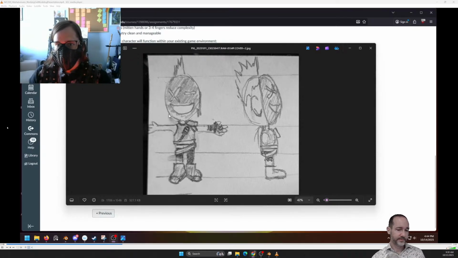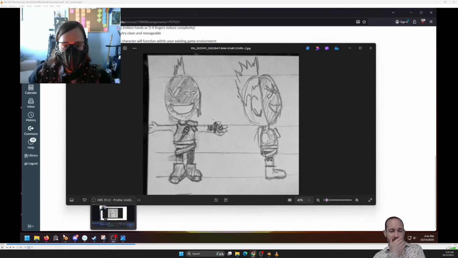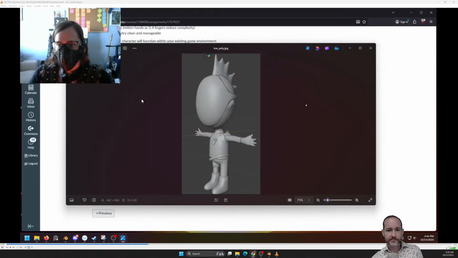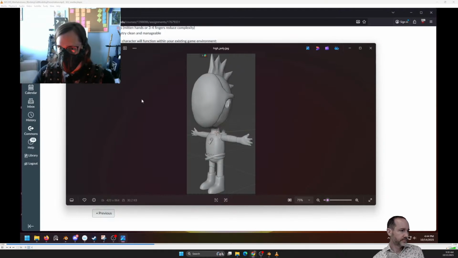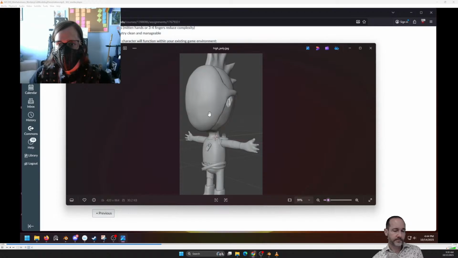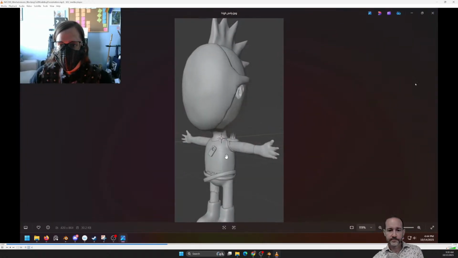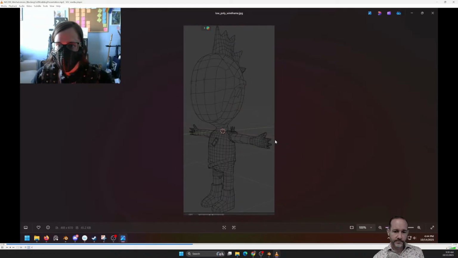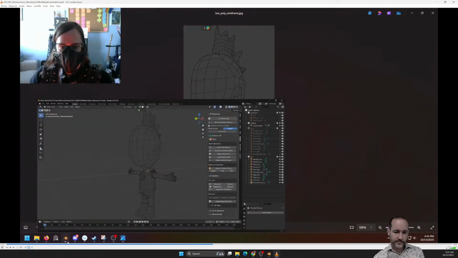So this is the front profile, and then this is the side. And here I made two versions. This is the high poly. So I sculpted this first. I started with simple polygons for each body part, and then I sculpted them together. And then this is retopologized, using a lot simpler polygons for that low poly. So if we look in Blender,